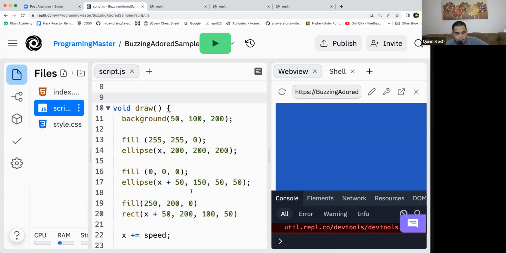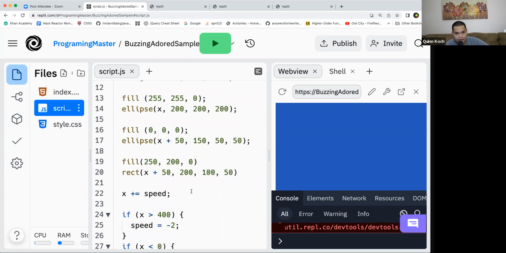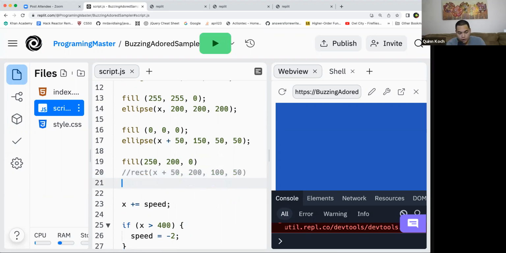But all right, in terms of making a triangle, that is a little difficult, but let me try it here. So let's go instead of a rect, and you don't need to follow along if you don't want to make a triangle, because I'm going to be having a little trouble here. You have to do triangle, triangle, triangle. And now you need to give it the first position. I'll say the first one will be